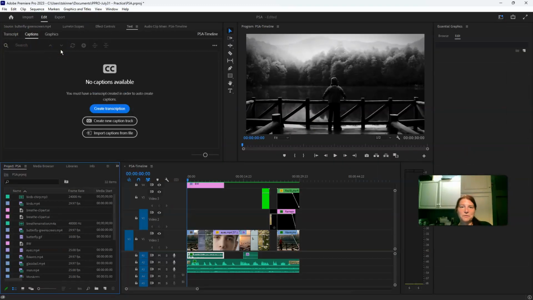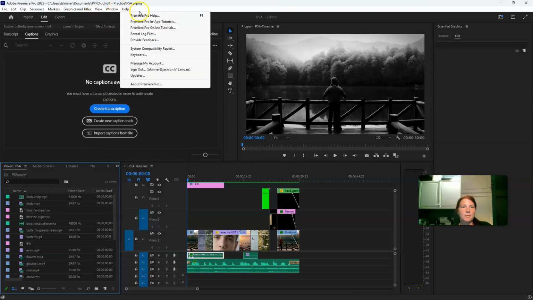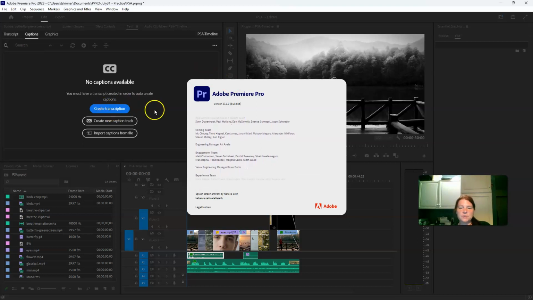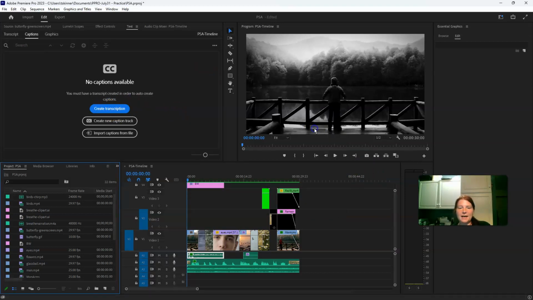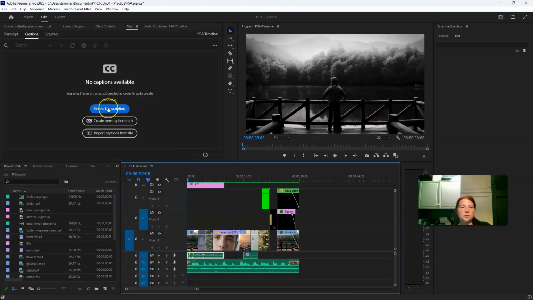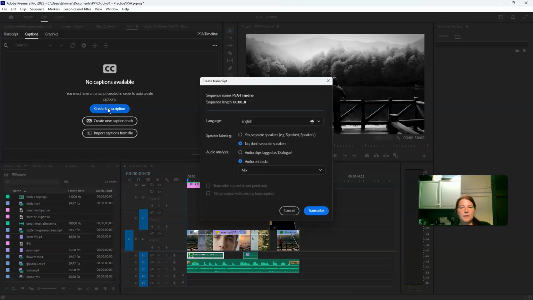In the newer version, 15.4 or higher, if you're looking at your version up here under About, and I've got way higher than that on this one, you're going to have the option to create transcription, and that's going to be pretty cool. So we can go to the beginning of this whole thing and hit create transcription. When you do that,